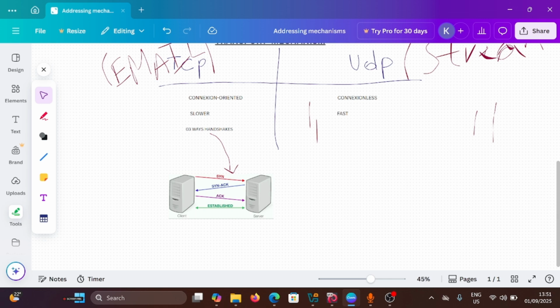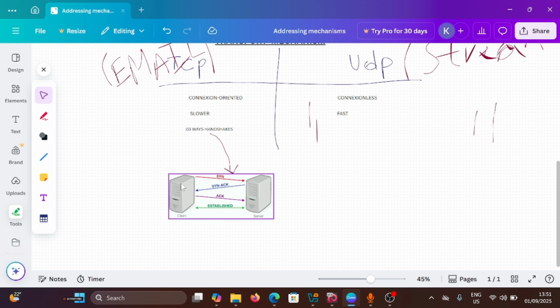Here you have, when a client wants to connect to a server, the client firstly sends what we call a flag, a SYN flag. SYN here stands for synchronize. So the client sends a SYN flag to the server, and the server responds to the client with a SYN-ACK flag,